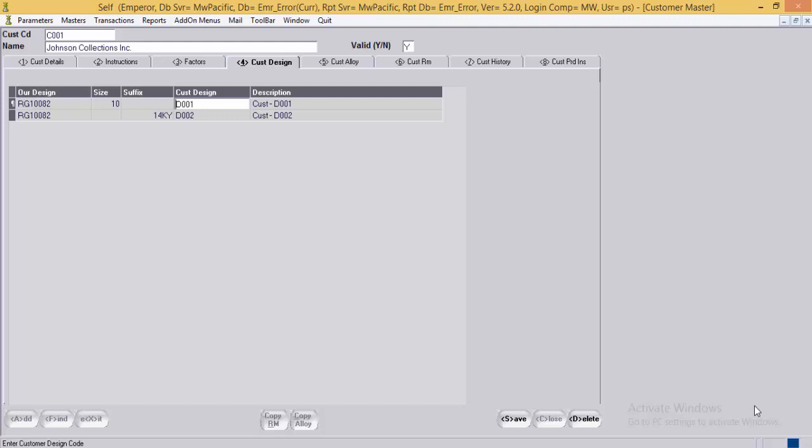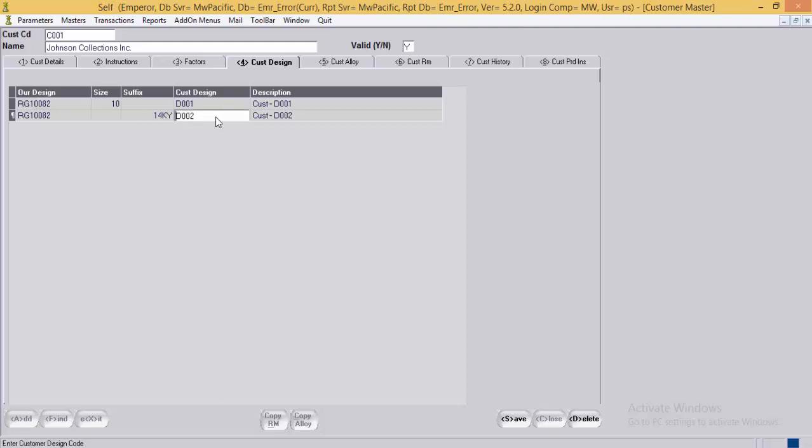To be noted here is that the system will always give a first preference to the suffix field. For example, here for design RG10082 in size 10, the customer calls it by D001. The same design in suffix 14 karat yellow, the customer calls it by D002.